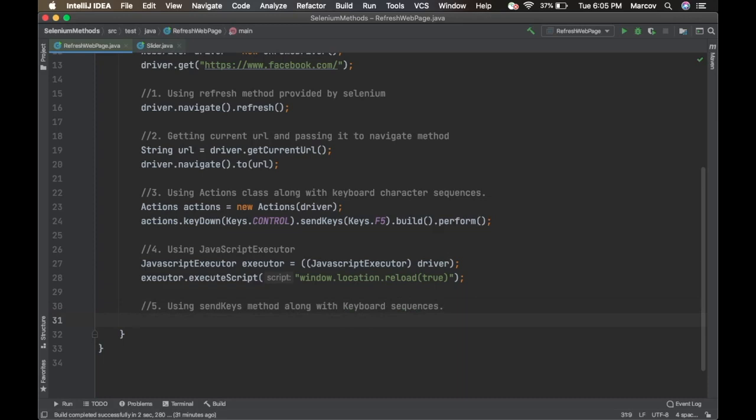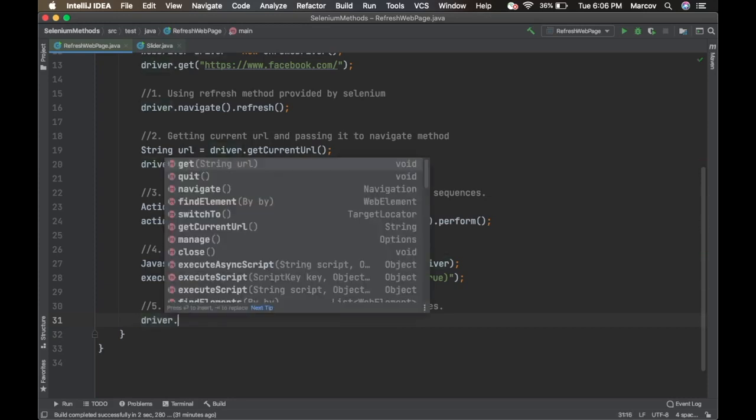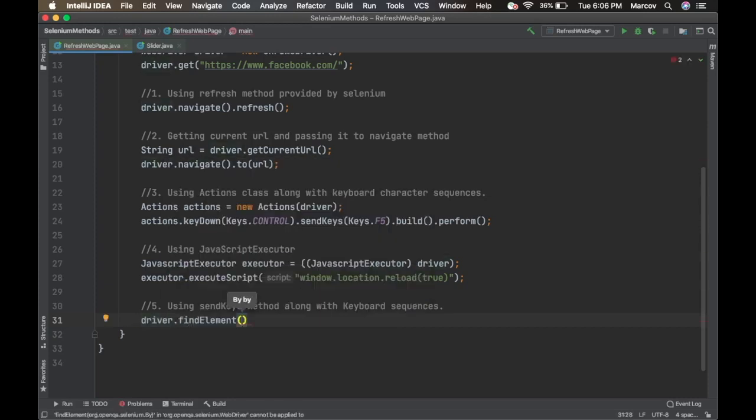Suppose you have to refresh your current page, you just need to have the current page object, any of the web element objects or locators, and on that you need to do the send keys, and then you pass your keys dot F5, again very similar to what we did with the actions class. So let me show you. Driver dot find element, then you pass the object of your current web element or the page on which you are.